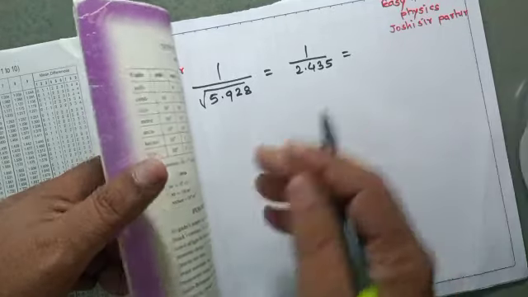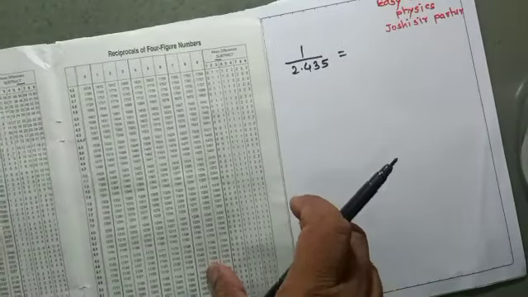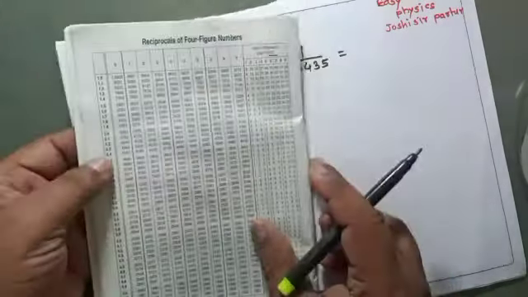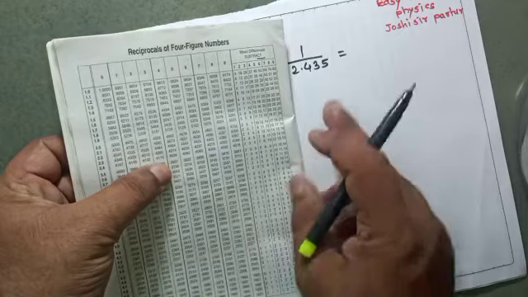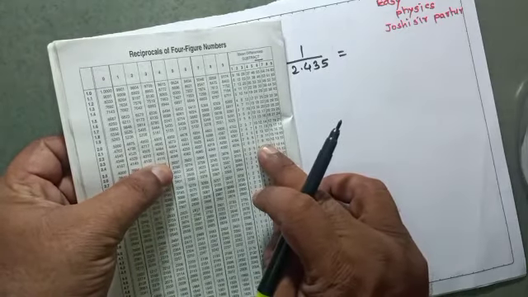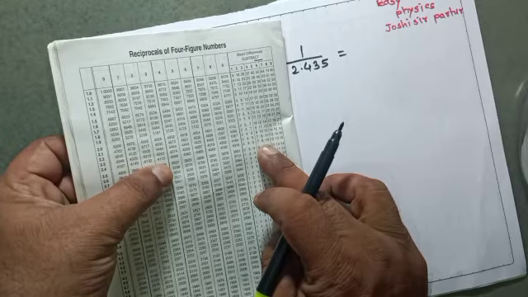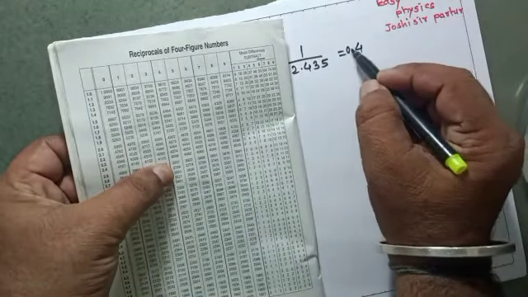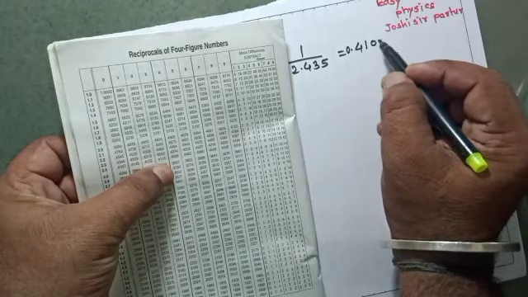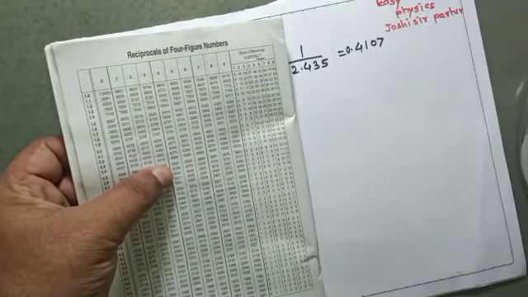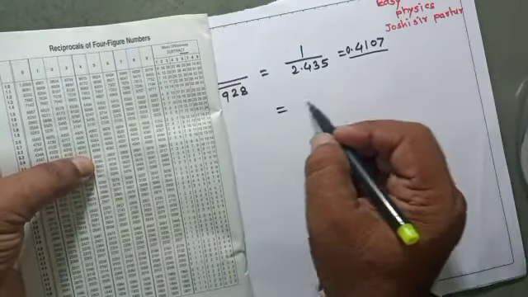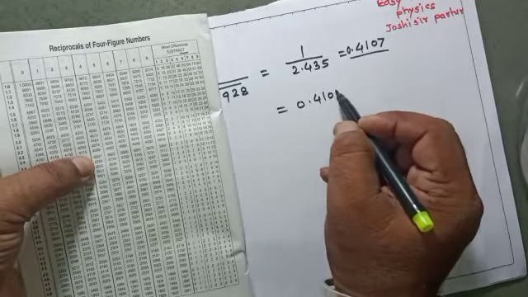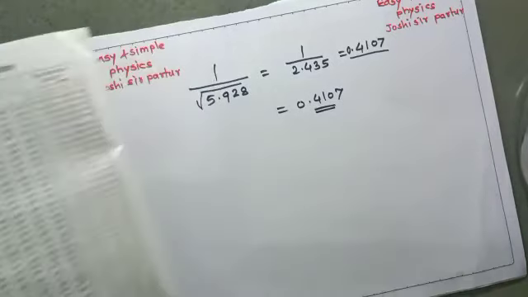And if we see the reciprocal, for the reciprocal of 4 figures, that is 2.4. 2.4 in 3, that is 0.4115, and in 5 the number will be 8. 8 will be subtracted, that is 0.4107, because from 15 when 8 is subtracted, 07 is remaining. So your answer will be 0.4107. So we can find out anything.